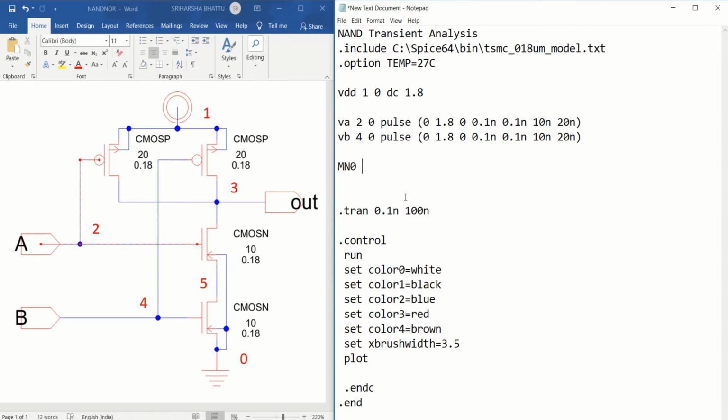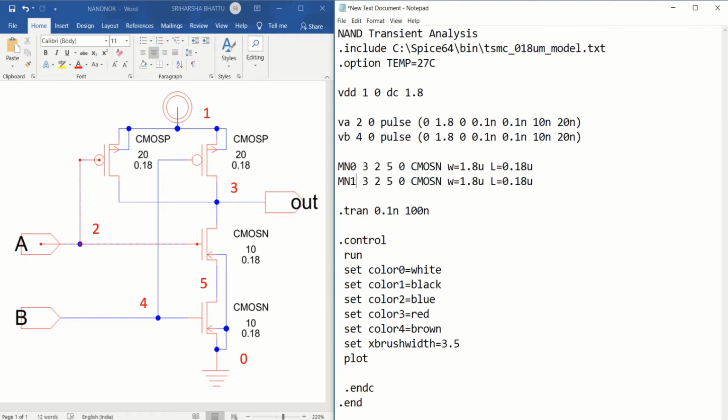So in that fashion you have to write that 3, 2, 5, 0. Next, we have to give the model name. CMOS N is the model name whose width you have to define as W equal to 1.8 micrometer and L equal to 0.18 micrometer.